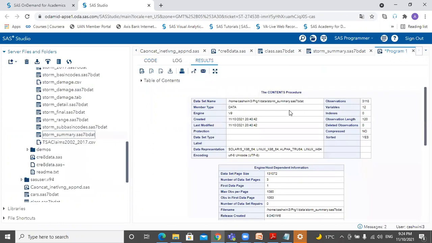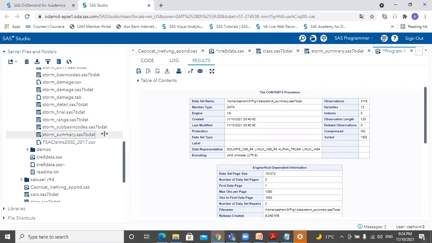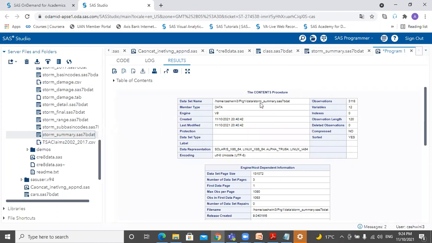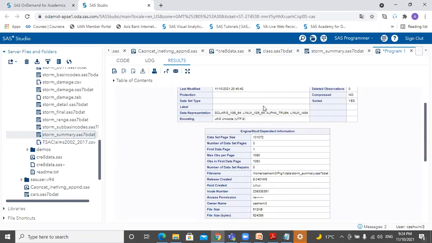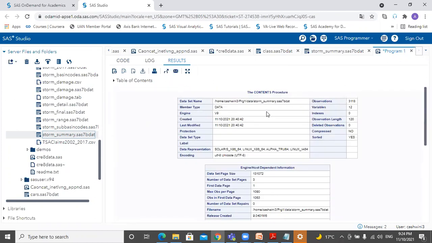When I submit this step, I hope you can view the information. It is divided into 3 or 4 portions. The first portion gives you the title by default, the proc contents procedure.